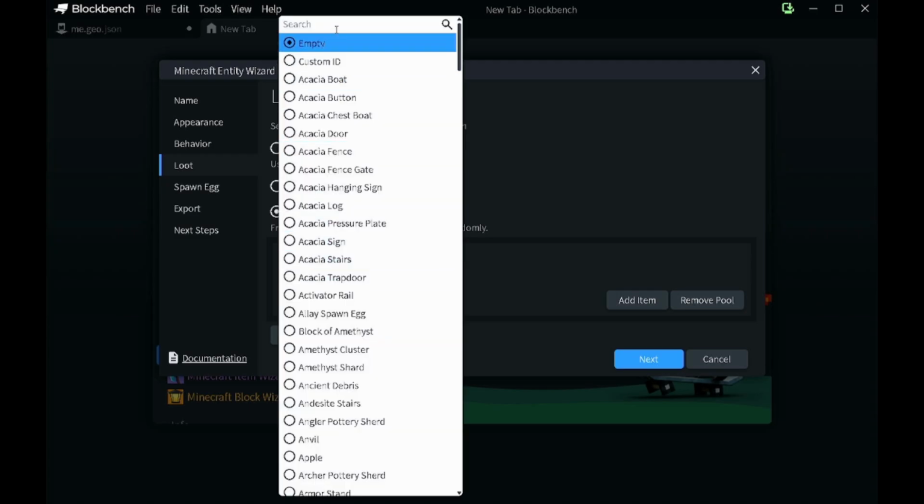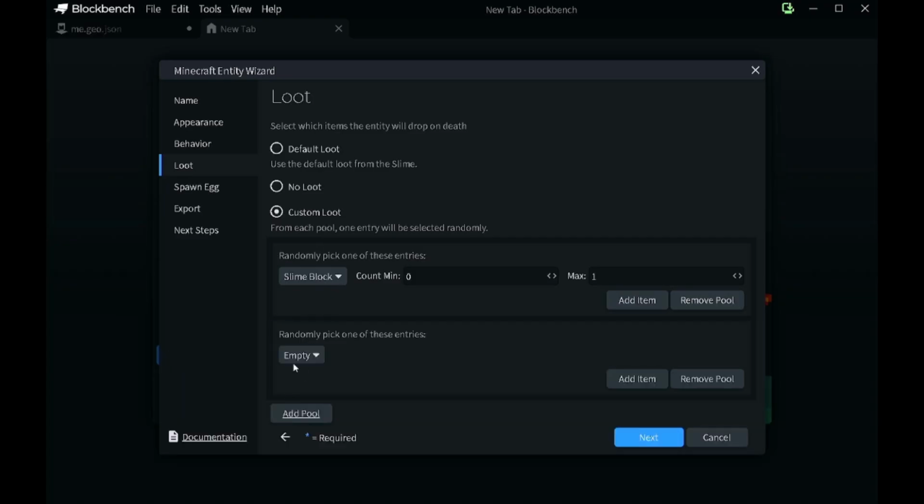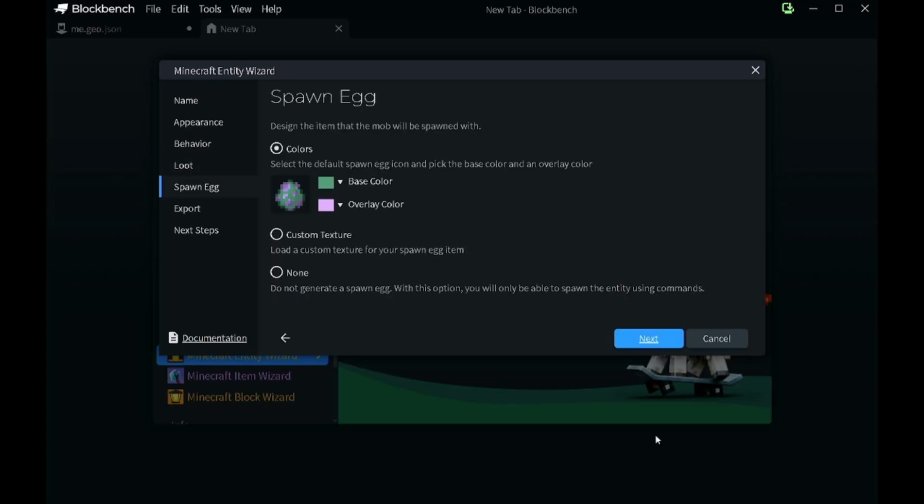I just had the idea, I want to add a slime block, because that could be quite interesting, and seeing as I don't know how this is going to look until the end of the video, I would like this to be unique. I'm going to make this so that it can drop up to one slime block and up to 2 slime balls. Our final section before we finally start working on the model of the mob is the